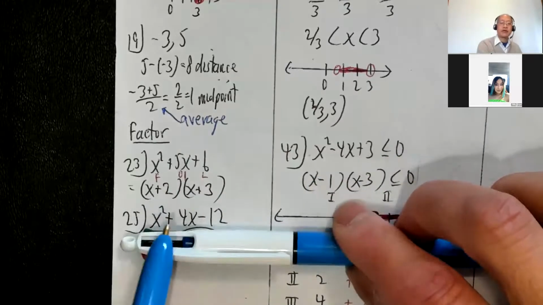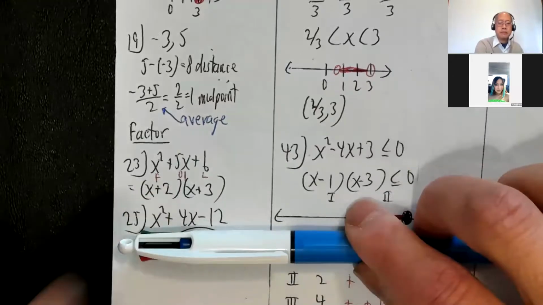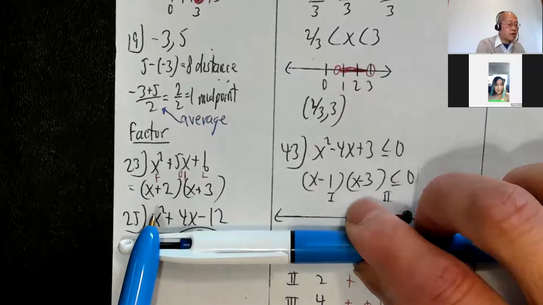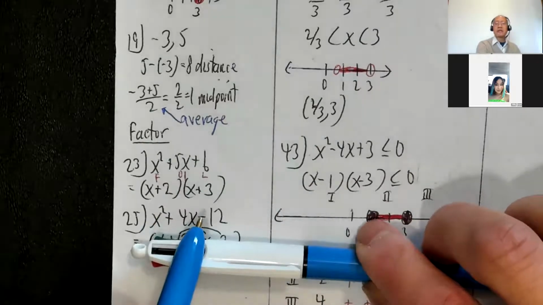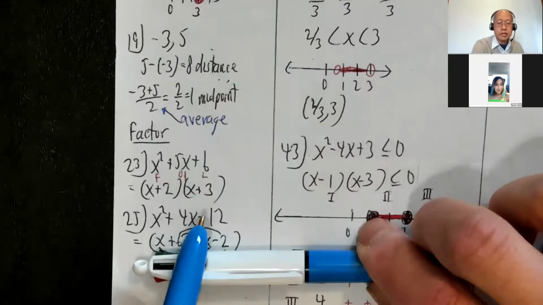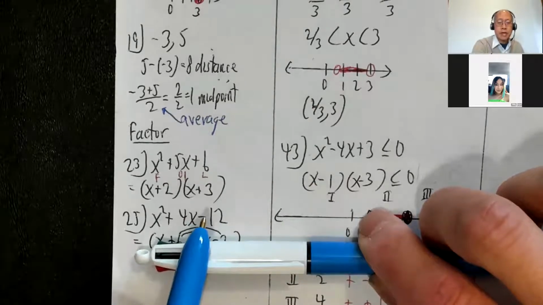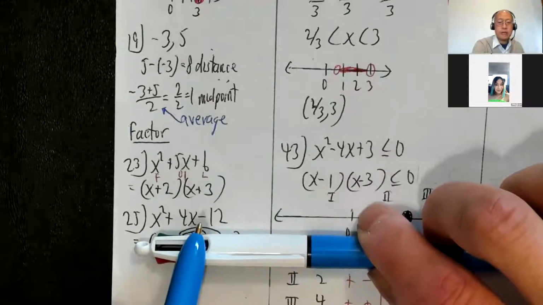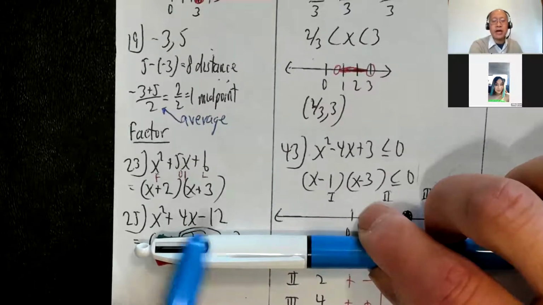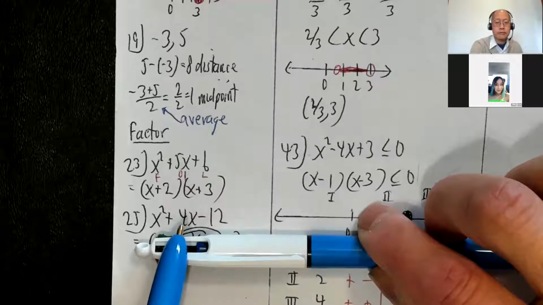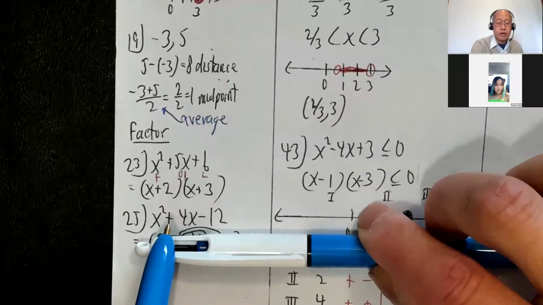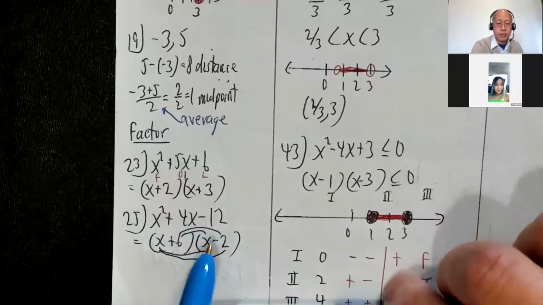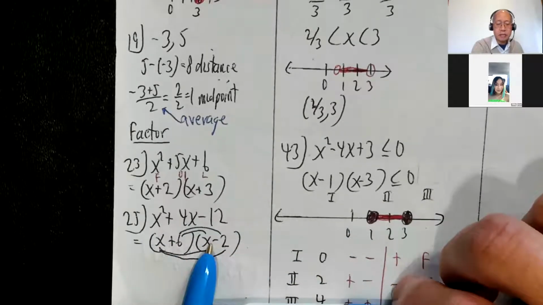Okay, factor x squared plus 4x minus 12. Well, once again, x squared, I know is x times x. So x here, x here. This minus tells me the signs are opposite. One's a plus, one's a minus. That means I want a difference of 4. So I have to say to myself, what two numbers have a product of 12 and a difference of 4? 6 and 2, right? 6 times 2 is 12. 6 minus 2 is 4. And I want to end up with a plus, which means plus should go with the bigger number. So x plus 6, x minus 2.